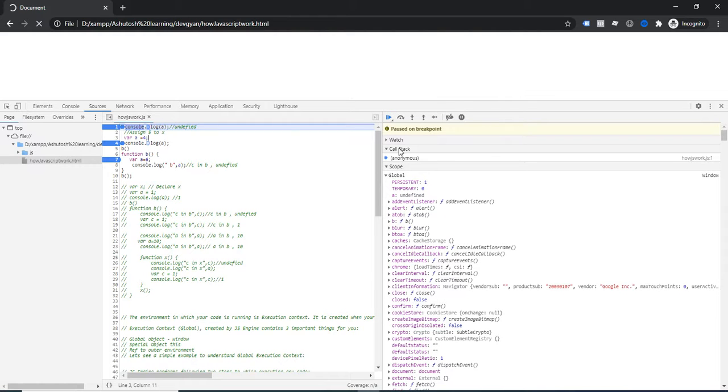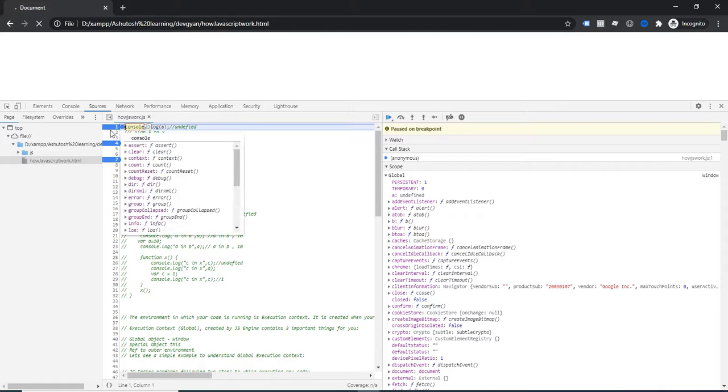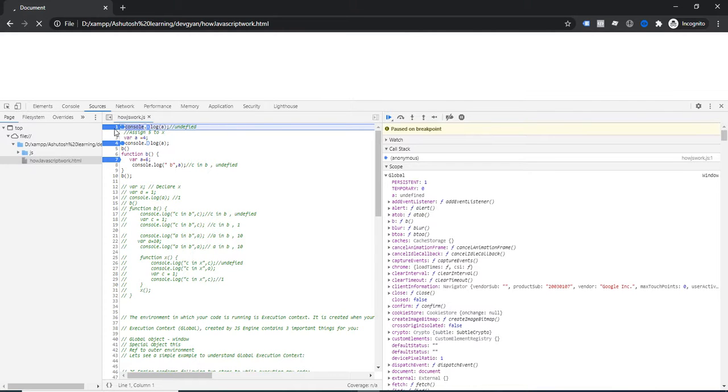Okay, and in the call stack you can notice that anonymous is available, and if you click on that, then you can notice that execution is stopped at line number 1. It means that since you applied the breakpoint at line number 1, that line is still not executed. So you understand the a value is initially undefined. Now let's resume. One important thing: why does the call stack have anonymous? Because this is the global execution and it has no name. Since it doesn't have any name, that's why the call stack shows anonymous.